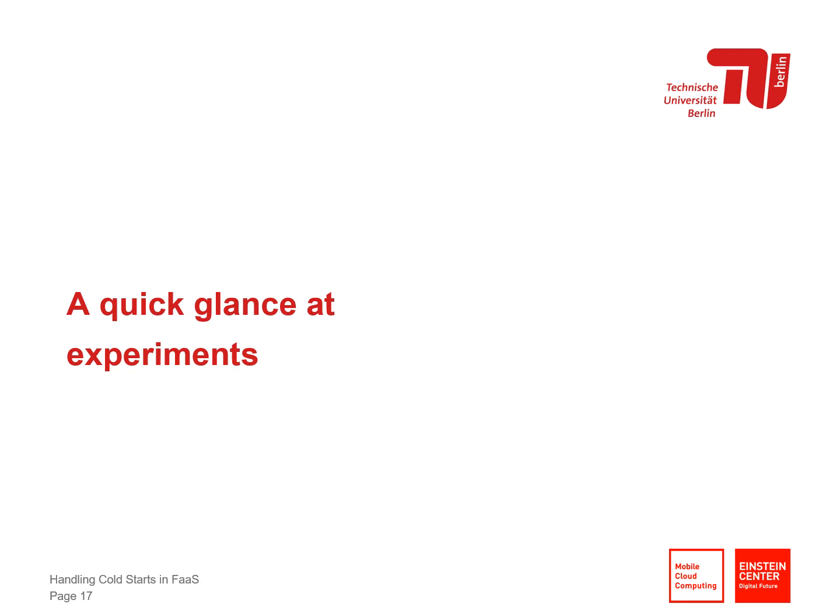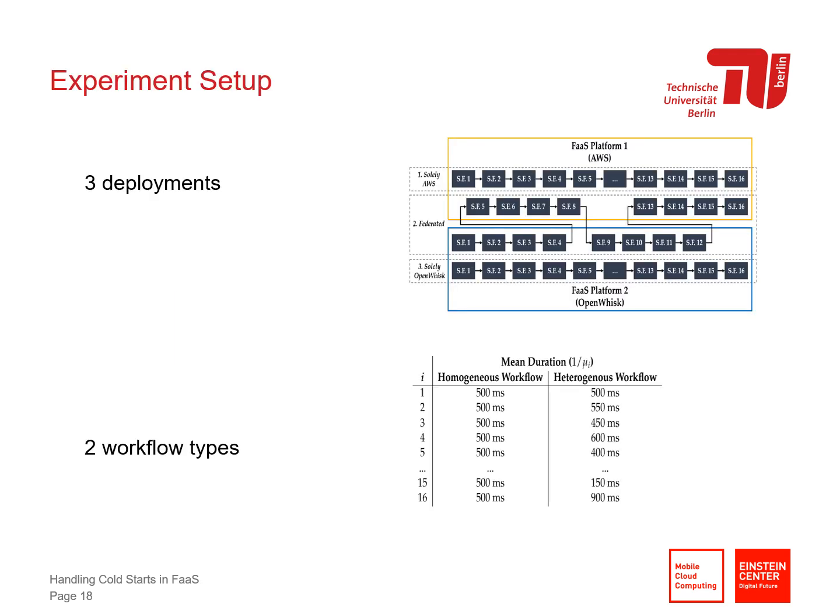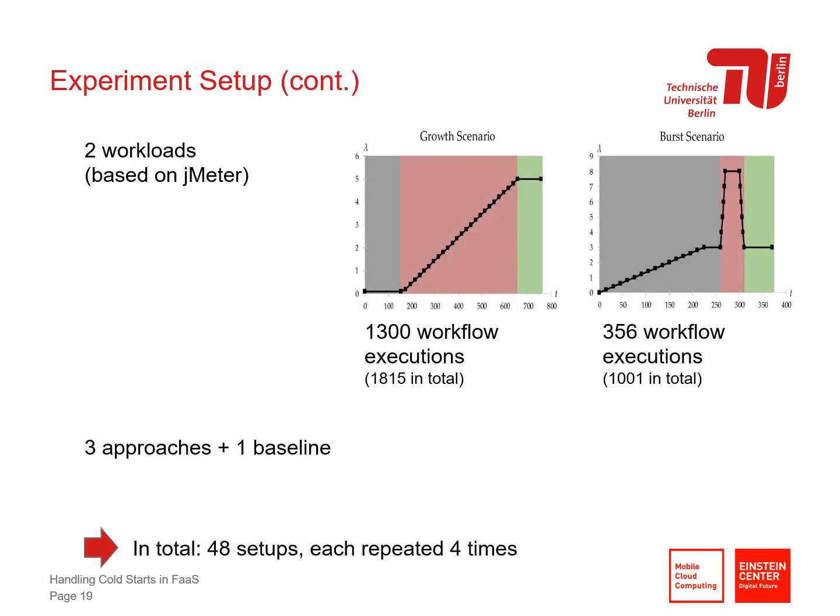How well does it work? Let's take a quick look at our experiment results. For the evaluation of our approaches, we ran a range of different experiments. We used 3 different deployments, one on AWS Lambda only, one on IBM Cloud Functions only, and one federated across both platforms. We used 2 workflow types with different function durations. We also used 2 different workloads. One was a growth workload and one was a burst workload. Finally, we had 3 approaches and 1 baseline experiment, which resulted in a total of 48 setups, which we each